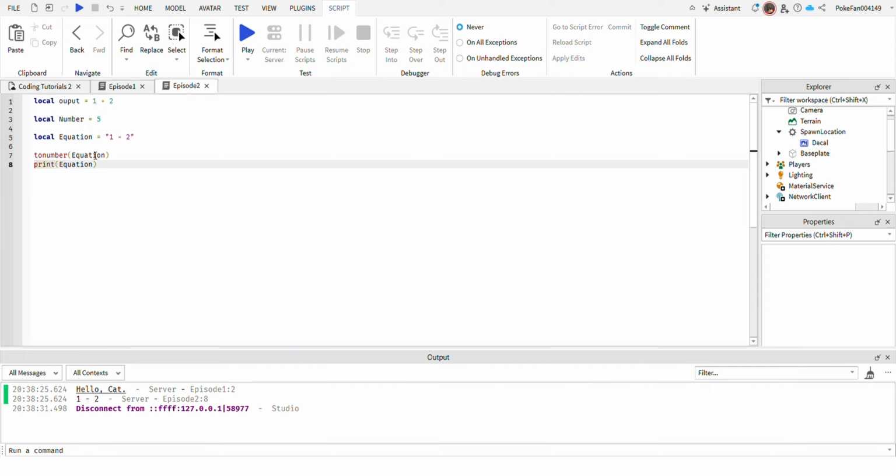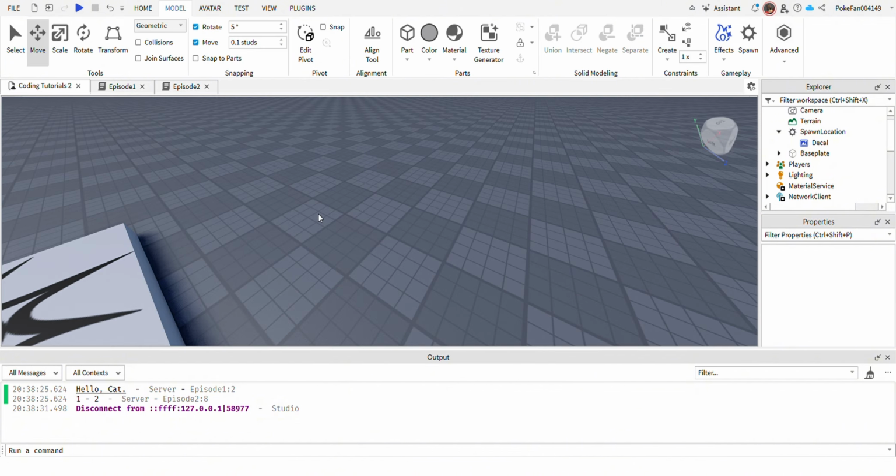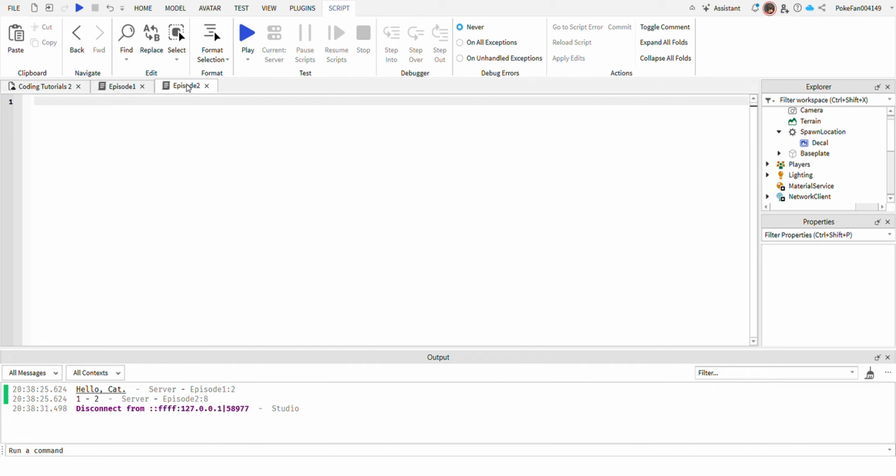This is a string. I don't know why it isn't turning into a number. But essentially, toNumber is not used as much as toString. As long as you know toString, then you should be fine. toNumber essentially works the same way, it just turns a string